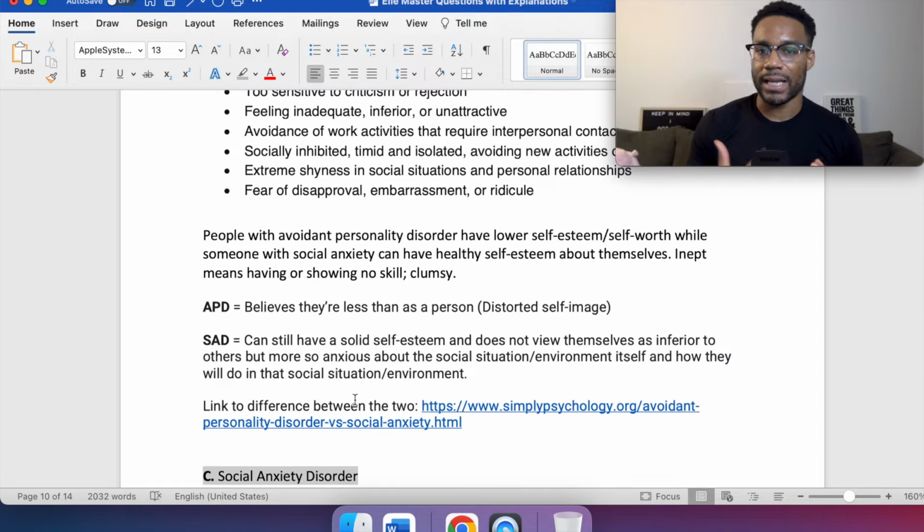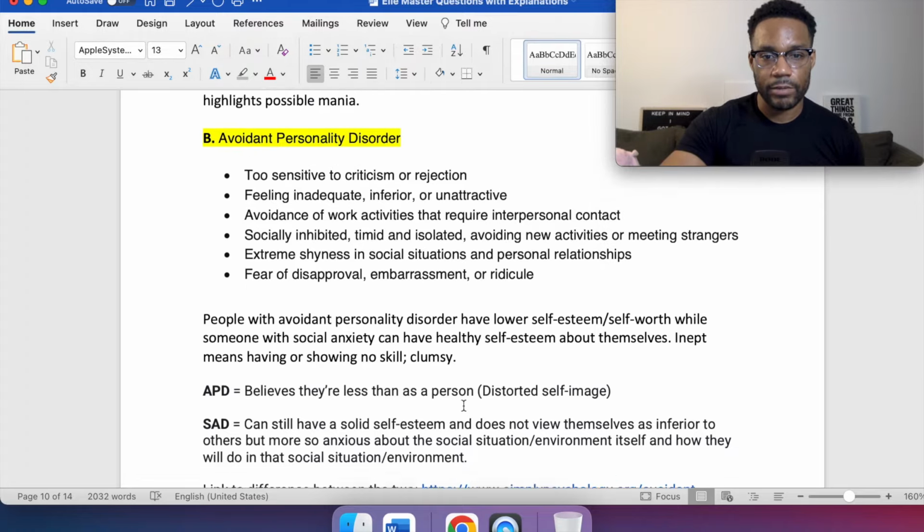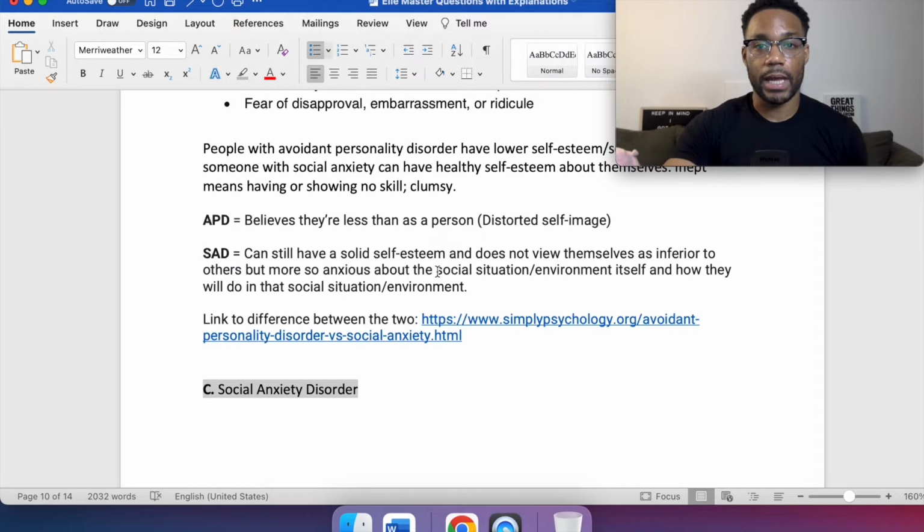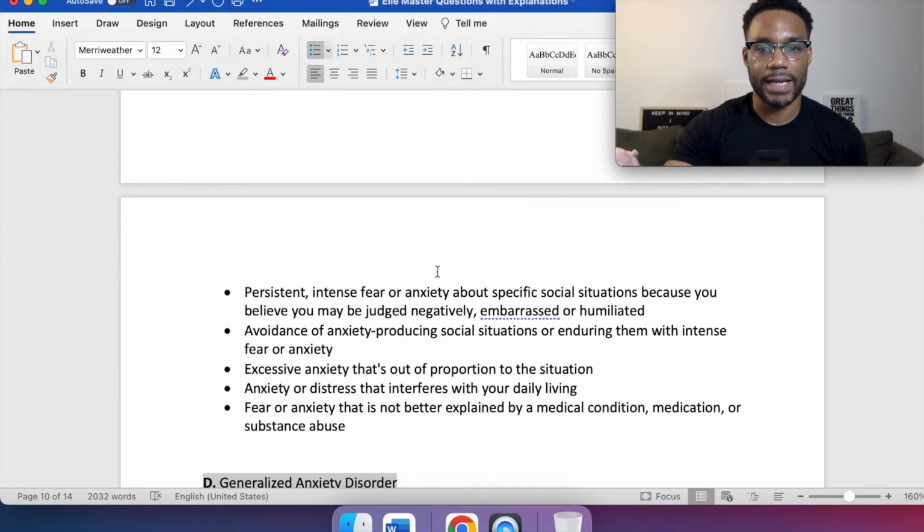Whereas avoidant personality disorder speaks to that. You're looking at yourself as, again, when we go up to inept, means having or showing no skill, clumsy, right? You're really looking at yourself in not the best light, more so than just the social situation as a whole. And when we scroll down and look at generalized anxiety disorder,